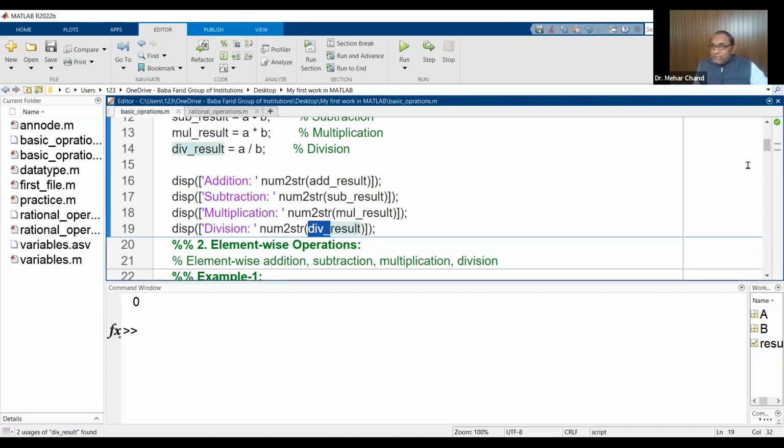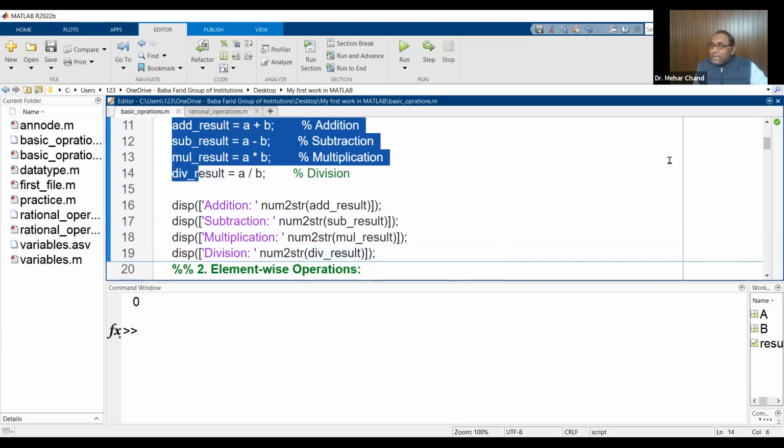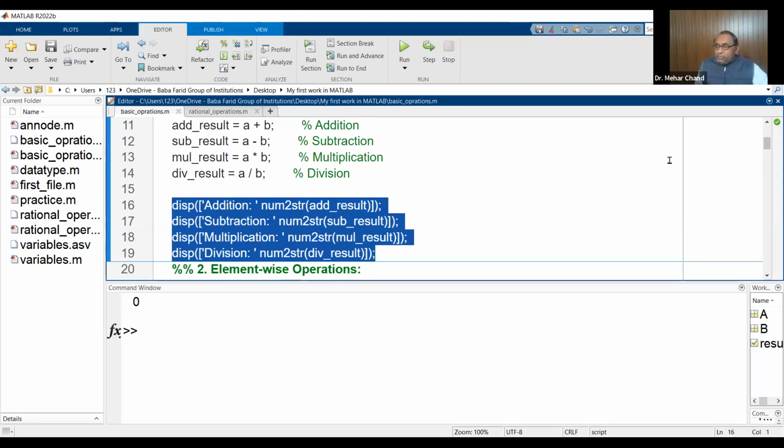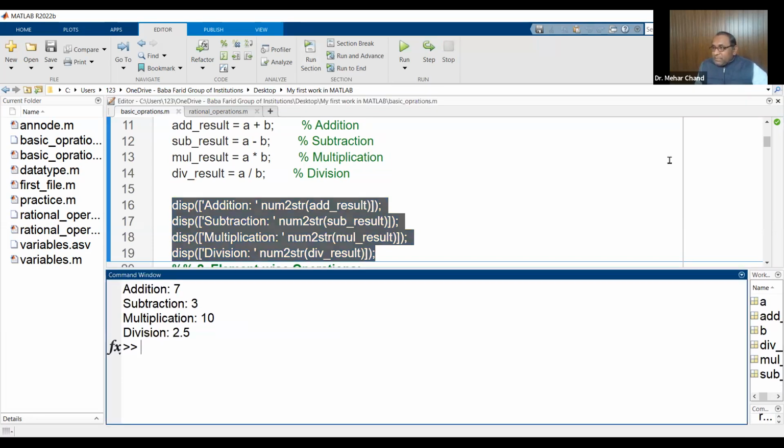So all the values which are stored at this place for these four statements, after computing, will pass through these four statements. Now we want to run only this section, and to run only this section you need to press here, run the section. When you press it, you can see the values: addition is 7, subtraction is 3, multiplication is 10,